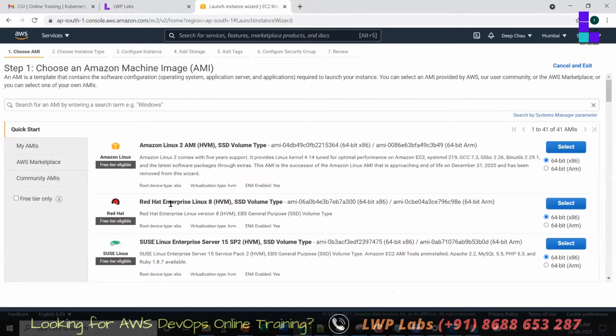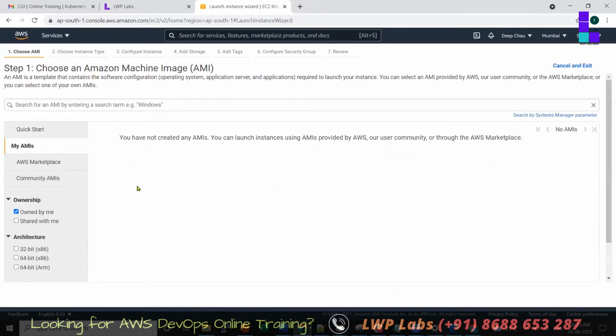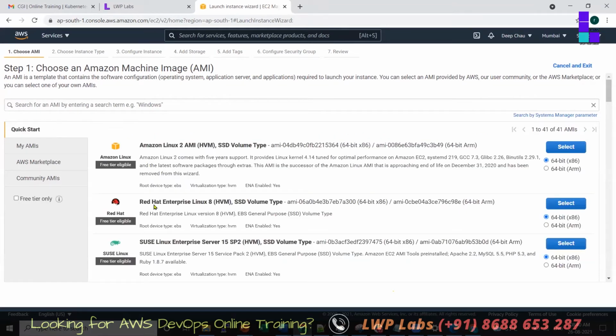What will you use? You will use your own AMI, your company's AMIs. Why will we use our own AMI? Because there will be a lot of patches, vulnerability checks, a lot of things. Security checks. You can't just use anything that is free in the market. In your company, you cannot use the free Red Hat one.